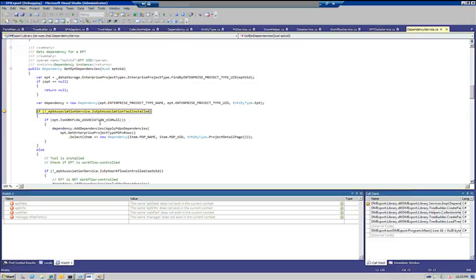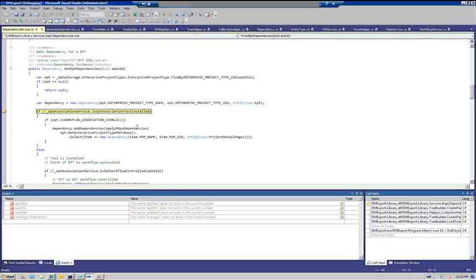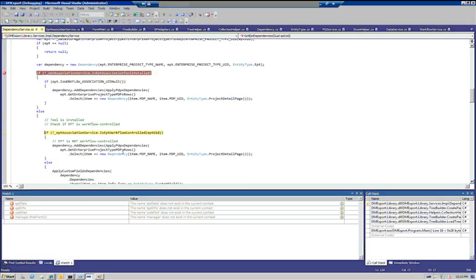Now we're out here looking for the dependencies on the EPTs. So the first thing we do is, again, this is that dependency I'm looking at. The association tool is here. So we want to check if it's installed. If it's installed, we're going to come down to this point here, and then we're going to go out and